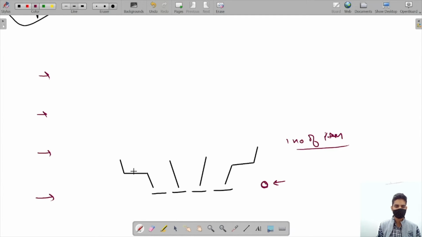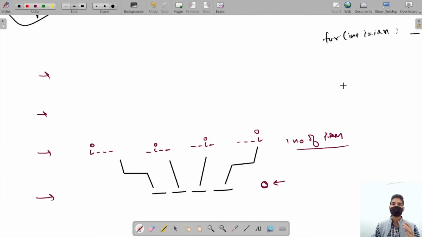So let's see what the combinations are. Basically, if I am putting my item here, I will write I here, and the rest of the three will remain empty. Understood? For the second box, the first remains empty, second is I, then the rest remain empty: dash I dash dash, dash dash I dash, dash dash dash I. So you can see that I have created the loop, for int i equals idx till length. After that, I am making the call, and before making the call, I am putting that item onto that index.